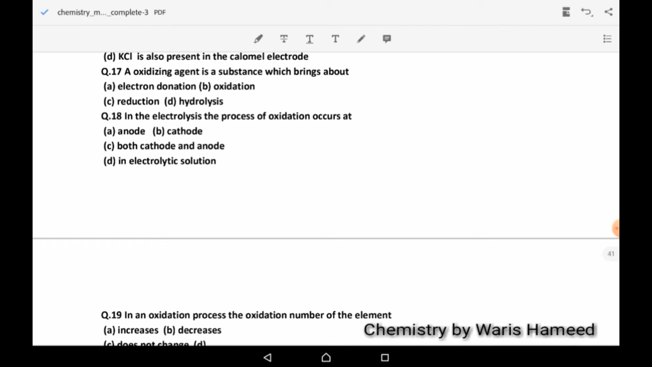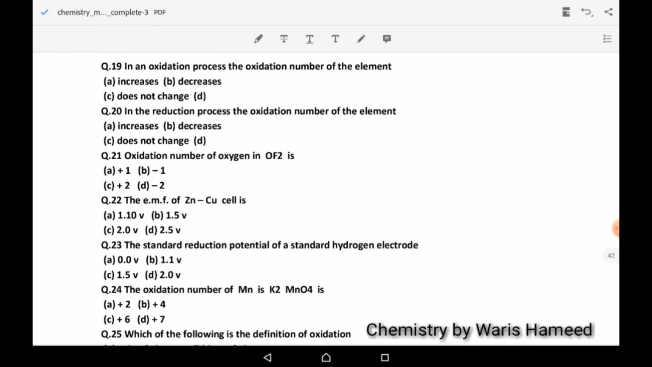An oxidizing agent is a substance which brings about oxidation, and itself it is reduced. 18th MCQ: in electrolysis, the process of oxidation occurs at? The process of oxidation always occurs at the anode and reduction occurs at the cathode. 19th MCQ,